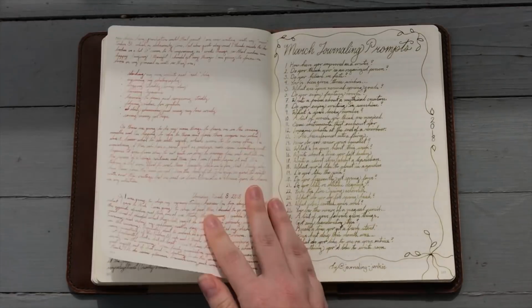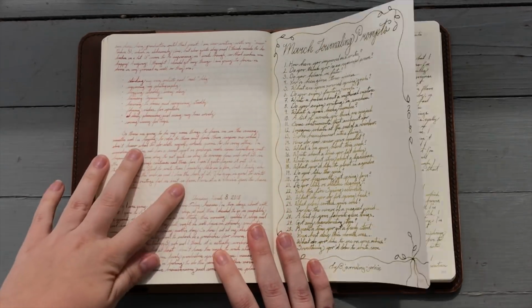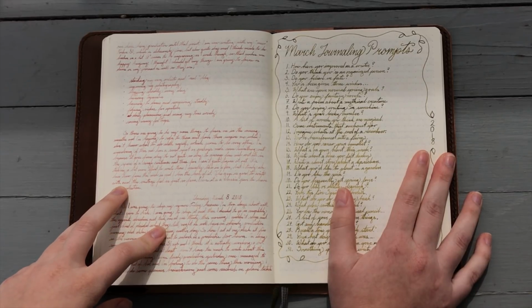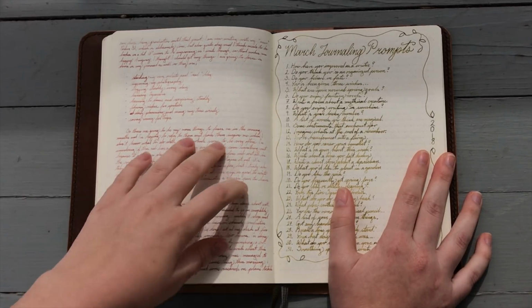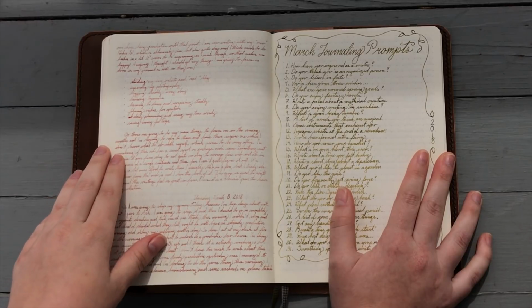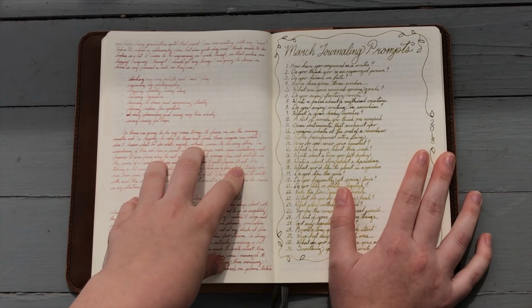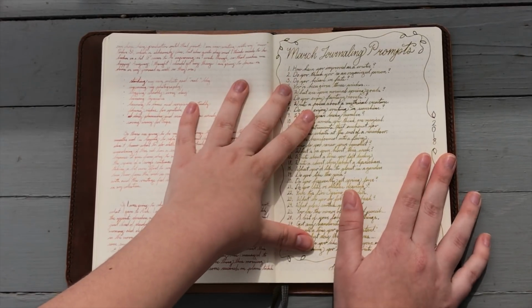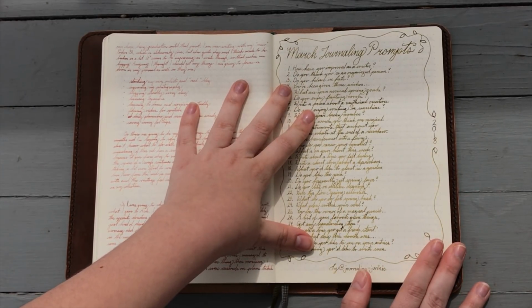All right. And then this is actually the first time that I used my Parker 51, which I also bought at the Baltimore Pen Show. You can see that I hadn't worked on smoothing out the nib yet, so it's a little drier, but this is Diamine Ancient Copper. The March journaling prompts I did with the ink that I picked up at the Baltimore Pen Show,